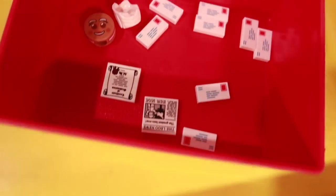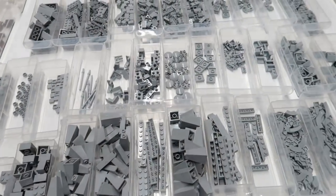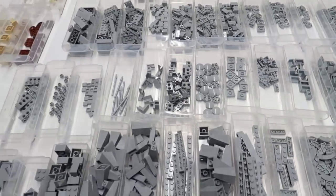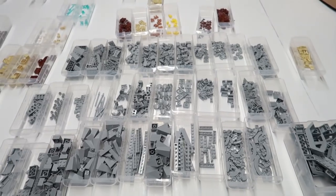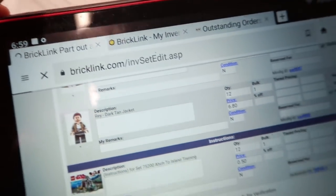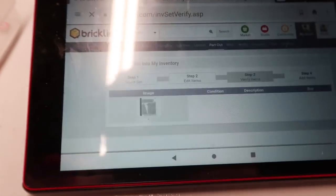Just turned 6 a.m. and time to upload the parts. This set has quite a bit of variety of parts. A big percentage of it is the dark bluish gray and the light bluish gray, so onto the light bluish gray here. Looks good. Alright, just finished just on time. I just gotta hit the button here. Let's see what we have